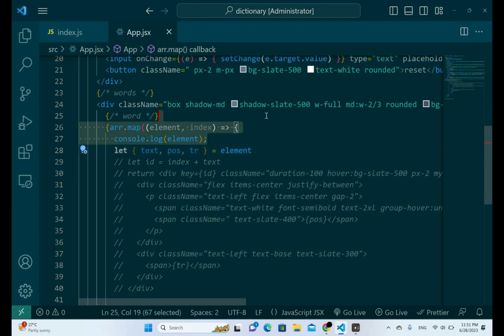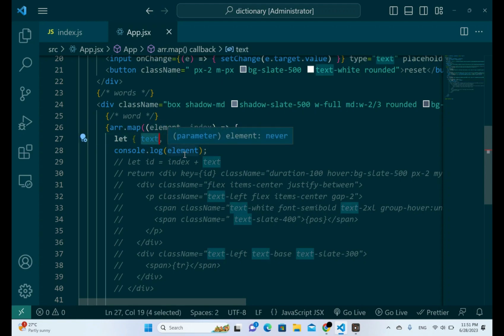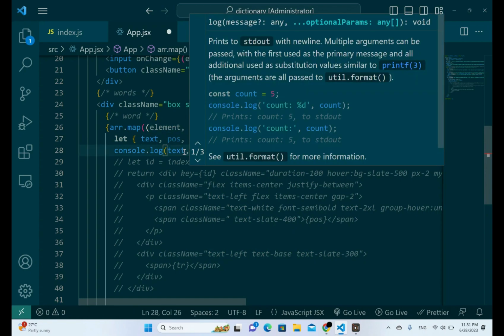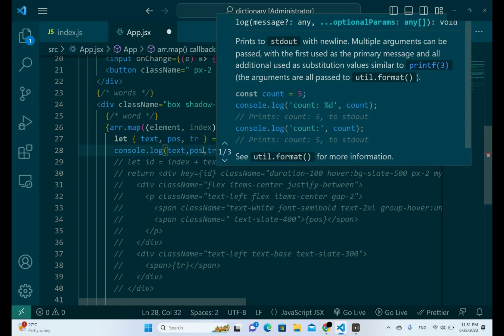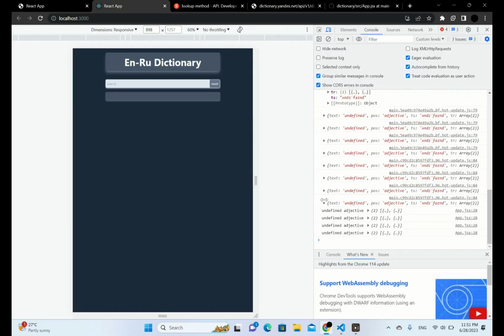The next thing we need to do is this. Let's console our text, position, and translation. Yeah, undefined is our word. It's adjective, and the meaning is неопределенный or something like неясно. Yeah, it's working,